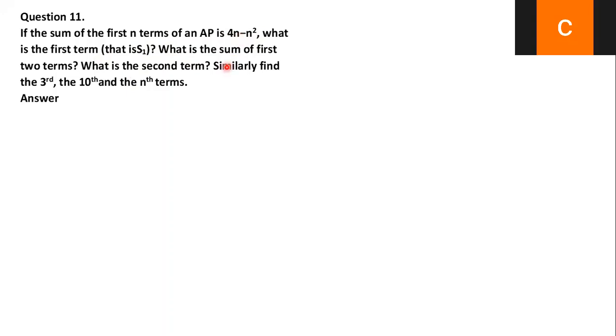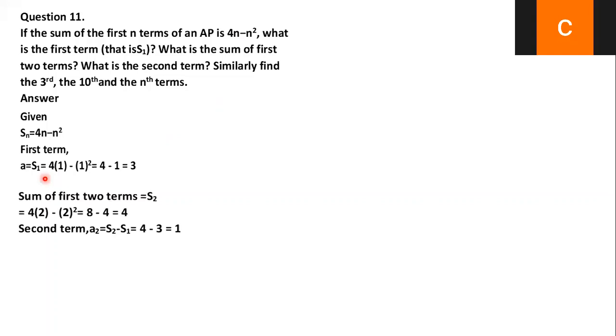Okay. Then what is A2 term? A2 is nothing but S2 minus S1. Second term S2 minus S1. First term we got 3. Second term S2 minus S1. It is 4 minus 3, 1. Then what is D value? Minus 2. Yes, very good. Who's that? Anshvir, ma'am. Very good.